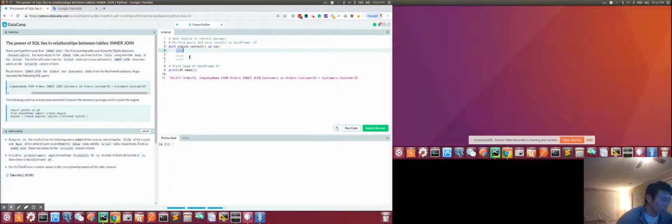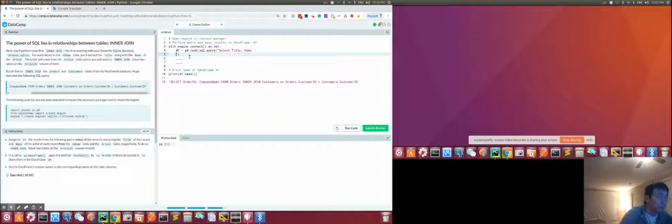Let's do df equals to pd.read_sql_query, right? And then we just type over here. I think you want us to just extract a row. Select title, name from